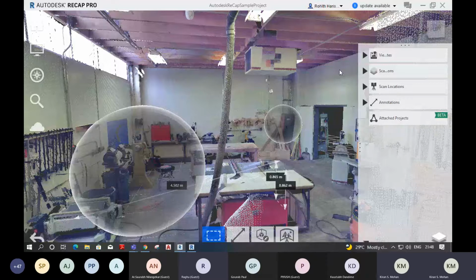So in RealWorks software, there is an option for creating a cylinder out of these points. If the points are looking like a cylinder, it will automatically detect it and make the cylinder. So instead of a pipe, you will get a solid cylindrical kind of structure. It will automatically generate it out of those points.